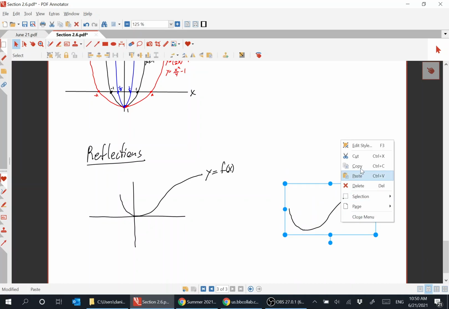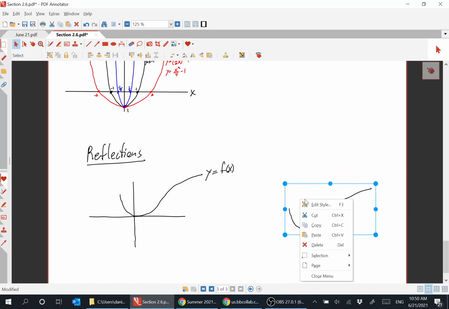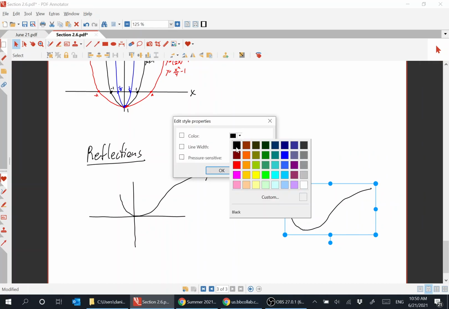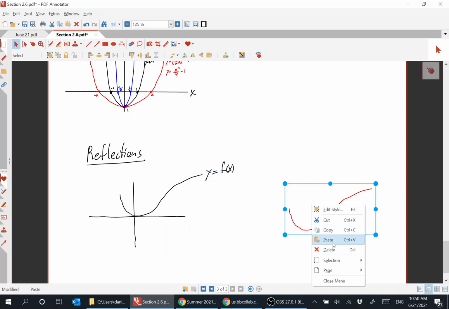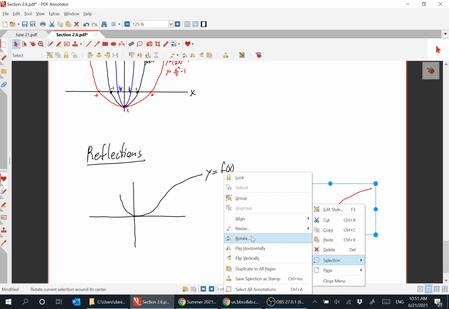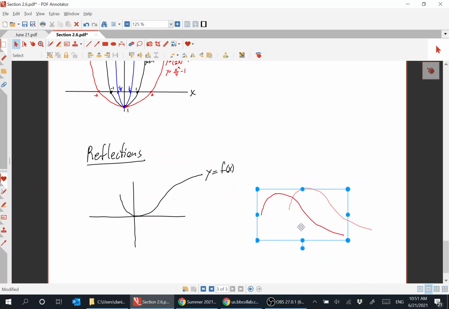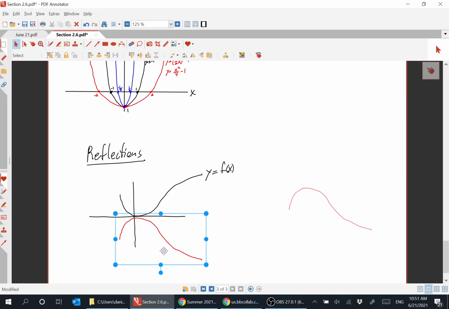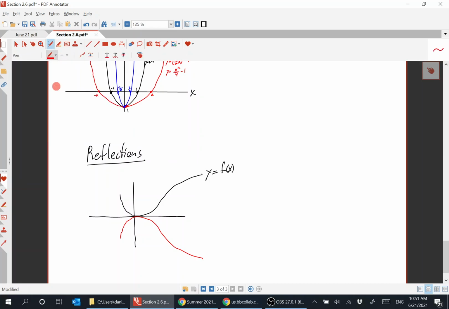If we take that function and we want to flip it upside down, so reflect it along a horizontal line like that. That is accomplished by negating the entire function. So this is y equals minus f of x. This is the reflection